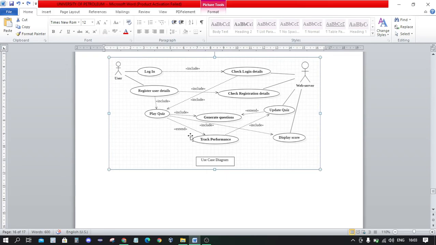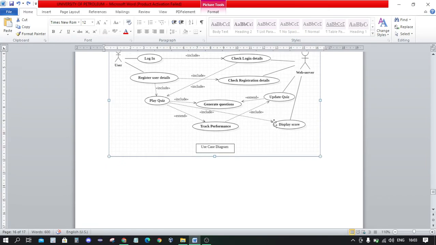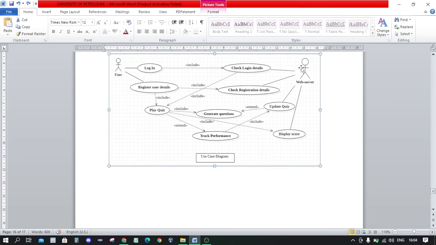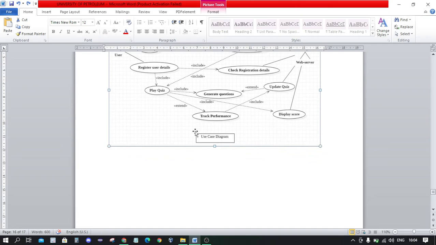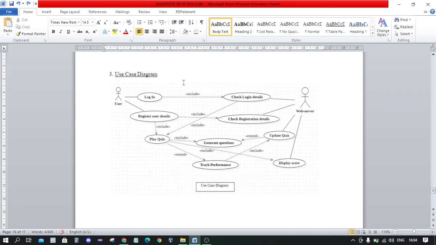But this includes the update quiz part. And in the last, the include relation between play quiz and display score. Obviously when the quiz is over, it has to display the score, which has an association relation with the web server. So this was the use case diagram for the minor project quiz game.